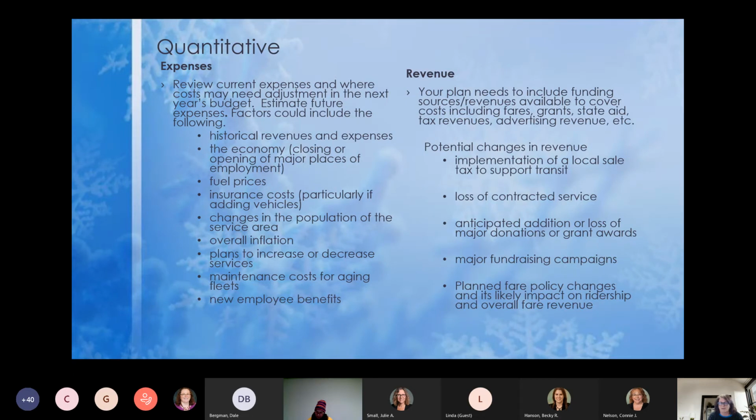These are just examples, but maybe you are having employee retainage problems. So to stay competitive with your labor market, you've decided to pay your employees benefits such as vacation or paid holidays, whatever it may be. Those are just some things that would increase your expenses. Other things to consider in your revenue, of course, we have the things that we do every year. You have fare income, you have grants, 5311, you have state aid, you have your tax revenues, you may have